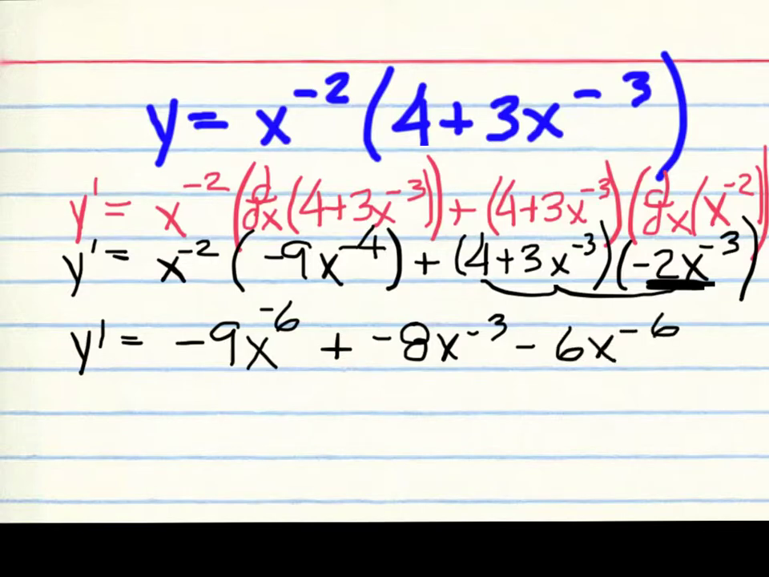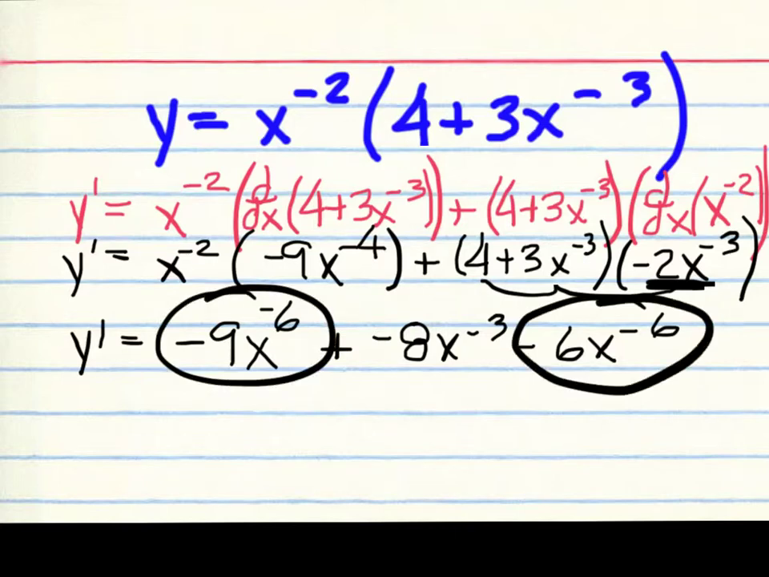Now we don't want to leave these items where they're at. We want to simplify. First, you have this and this. That would give me a negative 15x to the negative sixth. And then minus,